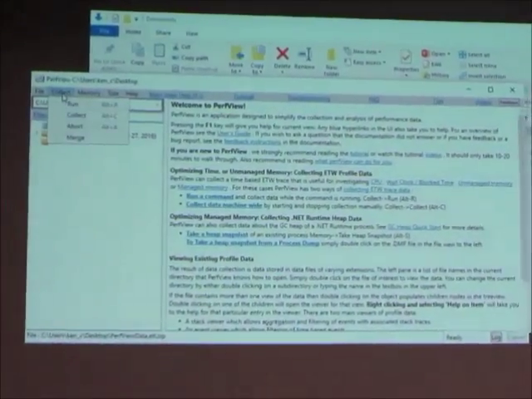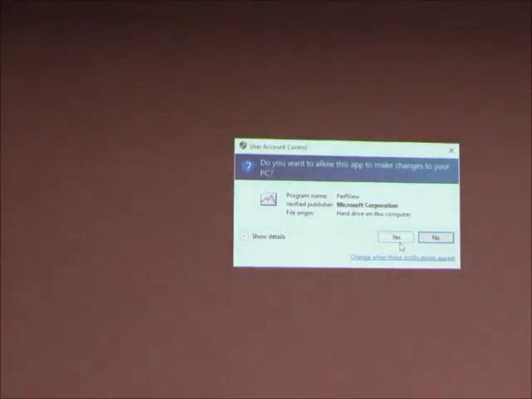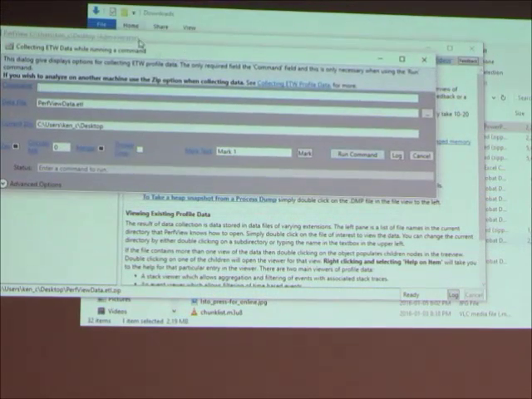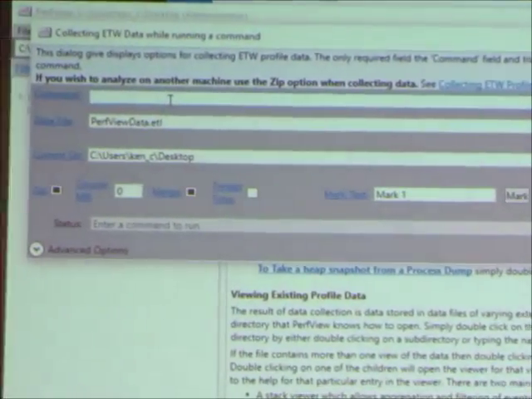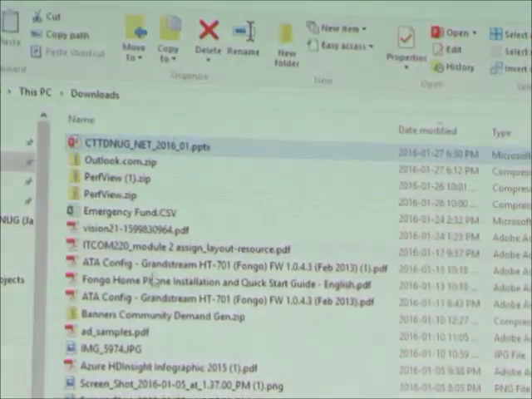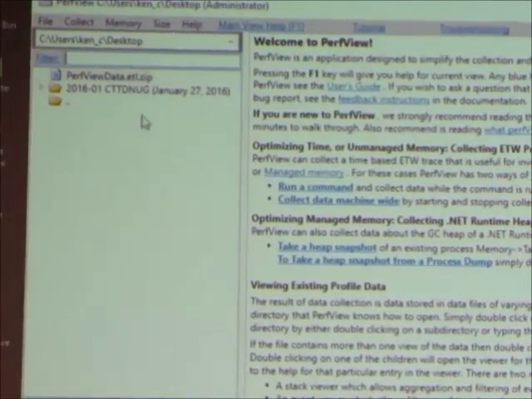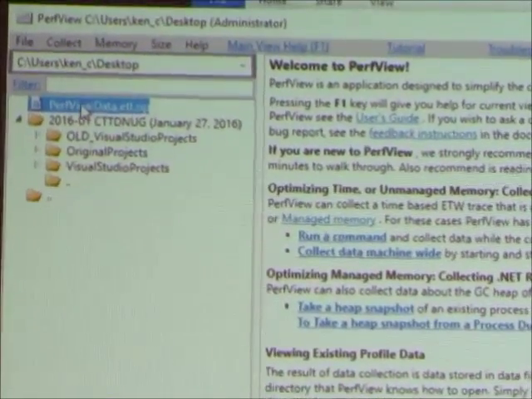If you want to know how you run it, you go and click run. It will want you to elevate. It needs to be elevated. You can see here that I'm now administrator. You type in tutorial.exe here, you click run command, and it'll just chug along. And what it's going to put out is this little zip file here, and in this zip file,